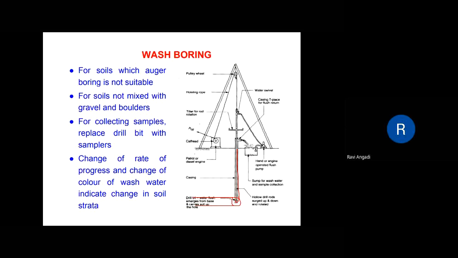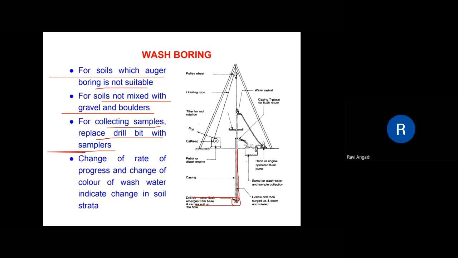And for soils in which auger boring is not suitable, we go for the wash boring. For soils not mixed with gravels and boulders, where boulders and gravels are not present, in such situations this wash boring is suitable. And for collecting the samples, you can replace the drill bit with the samplers. The samples can also be collected just by taking the suspended particles, that is the wash water, collected in a tub,